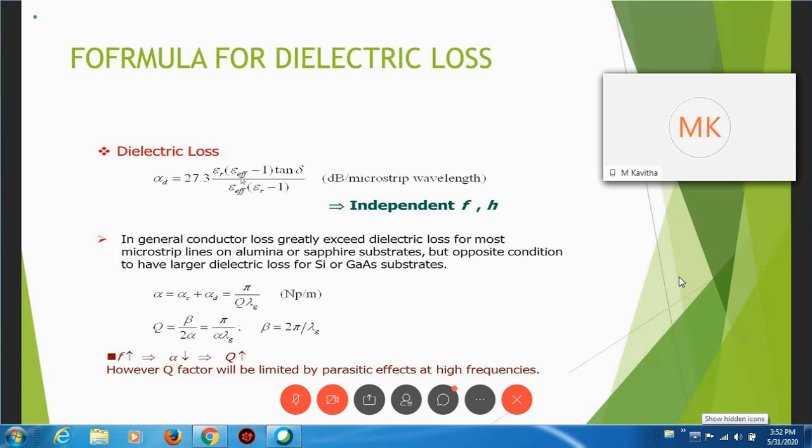So there are two factors which cause the dielectric loss in the microstrip line. What are the two factors? As I said earlier, the first is the conductivity of the substrate. This leads to the electric current density sigma. This current is in phase with the applied voltage and is modeled by the formula sigma by omega, which we will see in the formula of the dielectric loss. And the second factor is the loss due to the damping of the vibrating dipole moment. So these are the two factors which cause the dielectric loss in the microstrips.